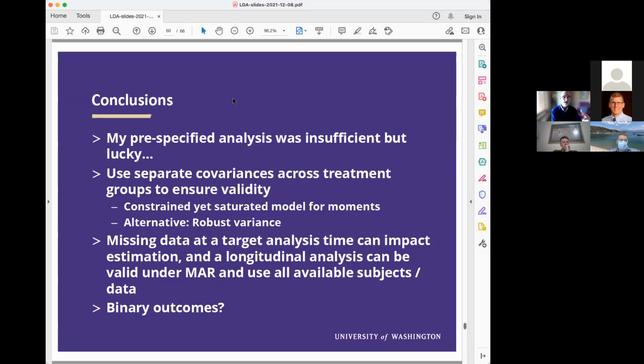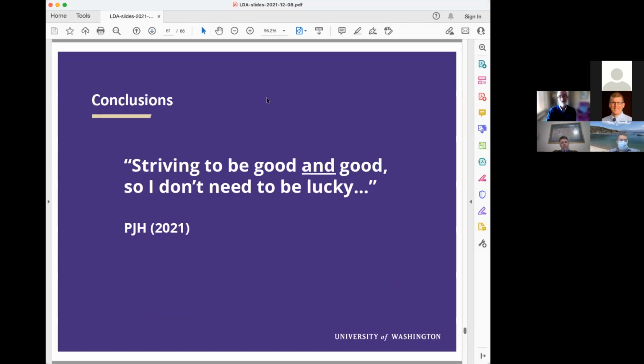There are alternatives. Use a robust variance, for example. This also asks questions like, well, how do you generalize this to binary data? And I think much of the parallel in thinking, what can you assume based on randomization and what can you keep as flexible as necessary, translates to that setting as well. We haven't studied it very hard. And then this is sort of where I am today.